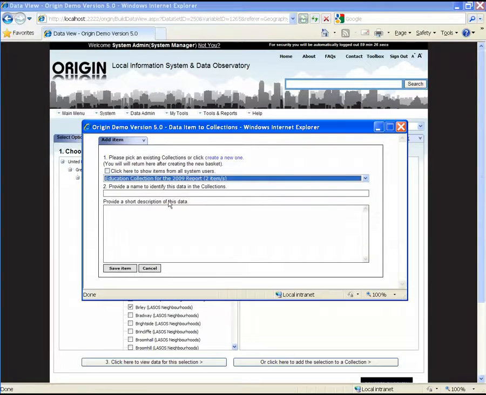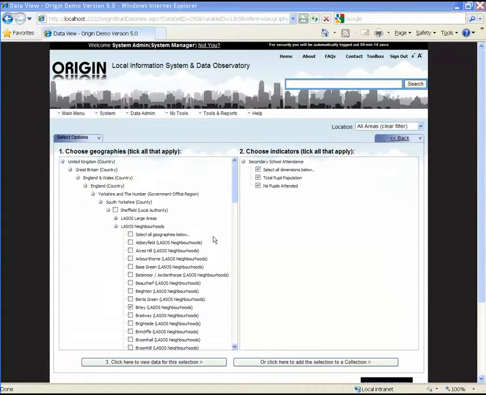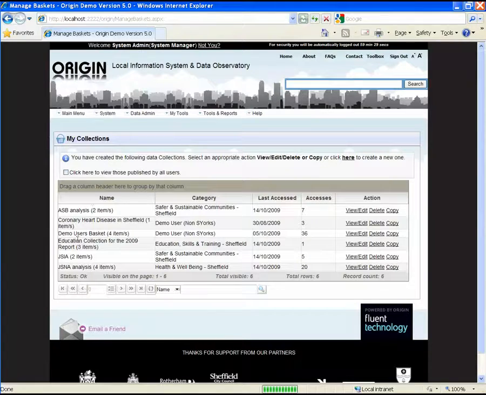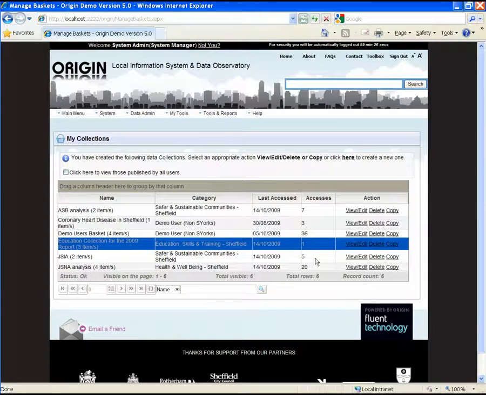again into the education collection, secondary school attendance. And once that's been set up, then simply under My Tools, My Collections, I can access this education collection at any time. So if I view the collection,